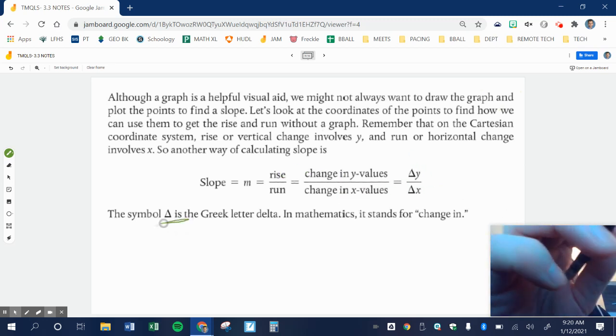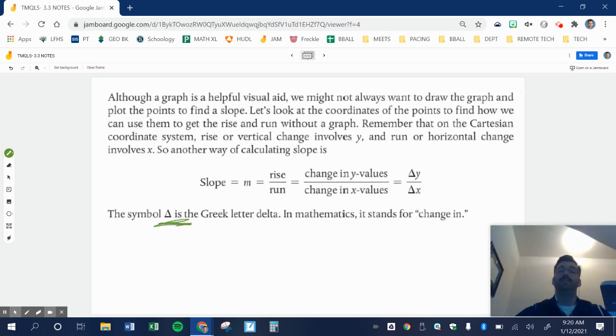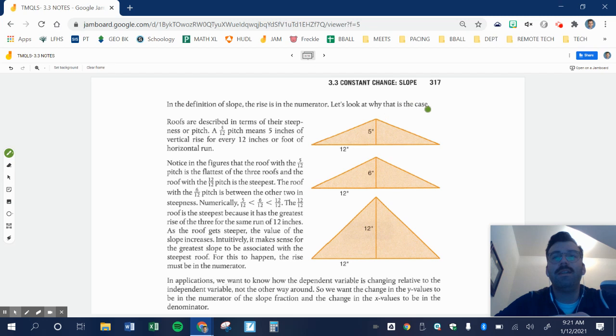The symbol delta, it's a triangle, it's delta. It stands for change in. That's a very mathematical thing that mathematicians use. All right, so for this next slide, I want you to turn to page 317 because I really like the